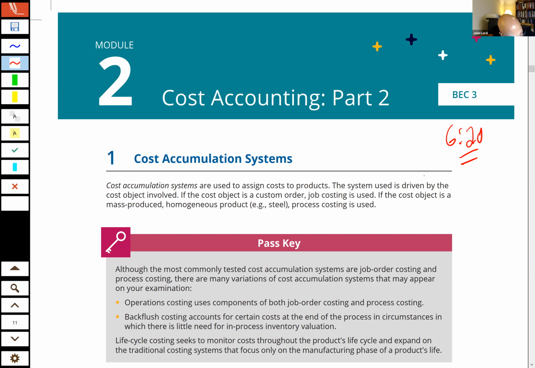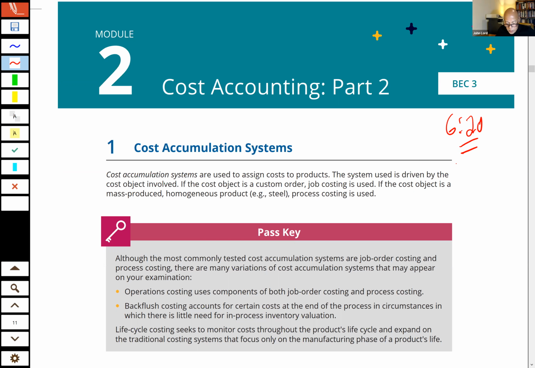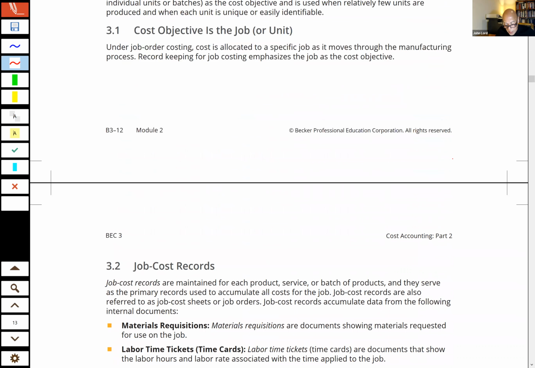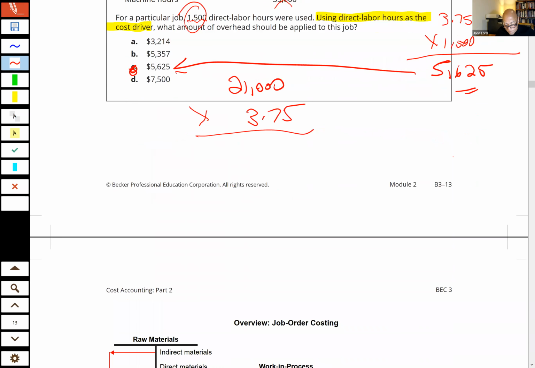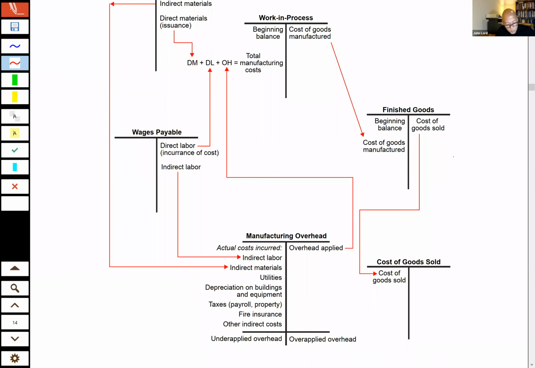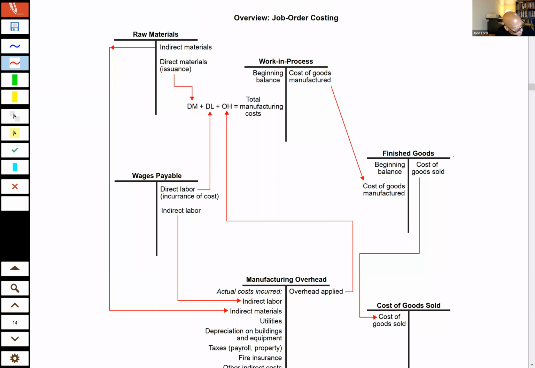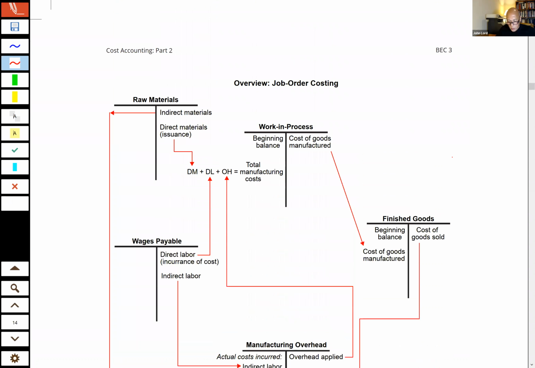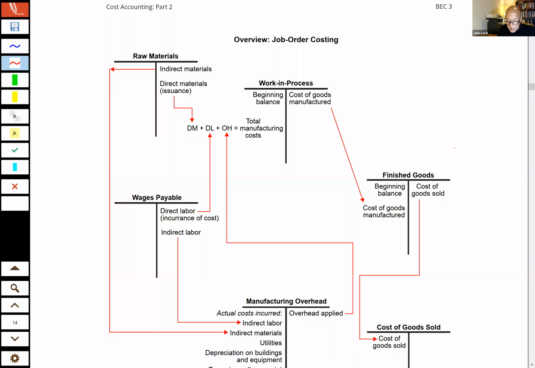And we're going to go ahead now and jump into module 2. And as we look at module 2, I think it's helpful to have as a visual this set of T accounts that you see on page 14. Okay, so let's take a look at some of these, because again, I feel half the battle on some of this is just making sure we understand the terminology and how they use different terms to basically describe the same thing.